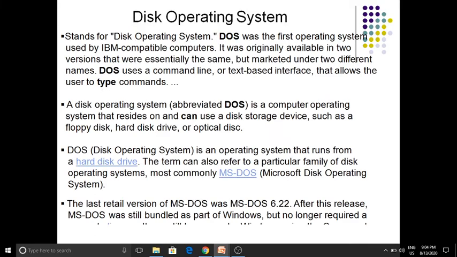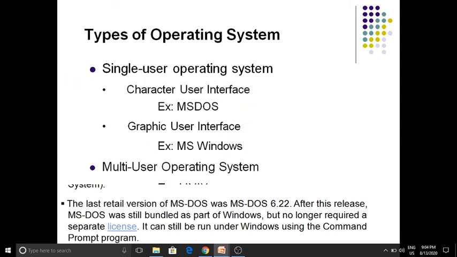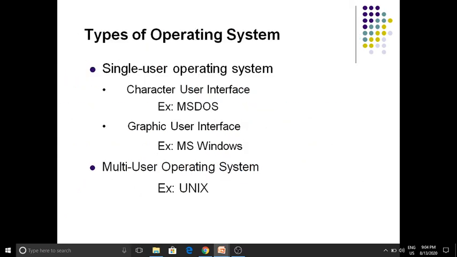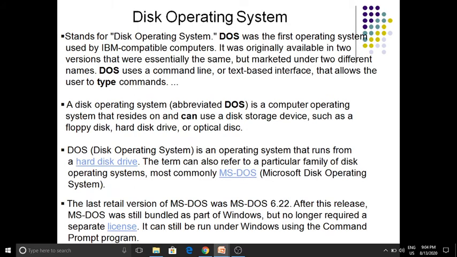Okay students, now let us go to the first type of operating system, that is DOS. What is DOS? Disk operating system. DOS stands for disk operating system. DOS was the first operating system used by IBM compatible computers.